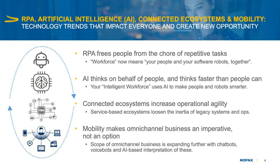Many of you are engaged, I'm sure, in future of work initiatives or similarly titled work, and are starting to see the workforce as being not only you and your colleagues, but also your digital colleagues, the software robots with whom you're now working together. Artificial intelligence is an enormous and very deep-rooted trend that's also changing much about our world and how we all work together. AI thinks on behalf of us now, thinks faster than people can, and makes that joint workforce of people and digital worker software robots even smarter, so really ramping up the potential of a new type of